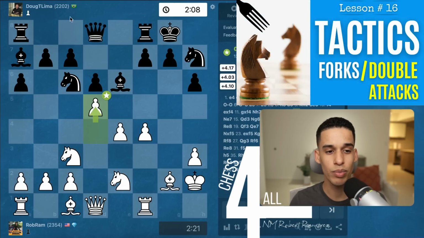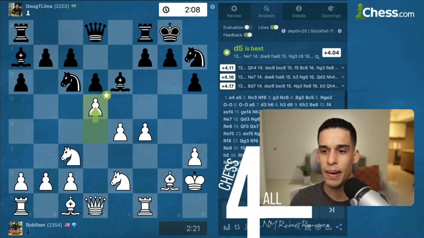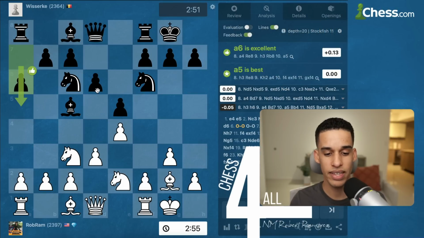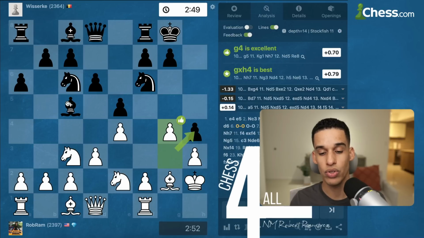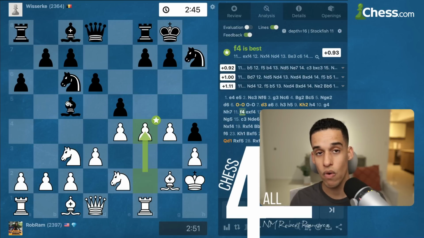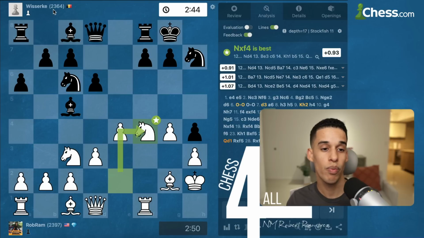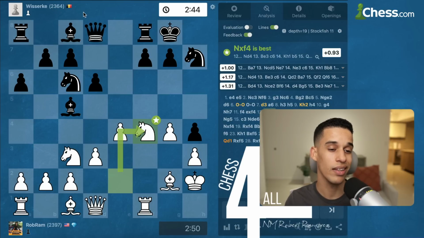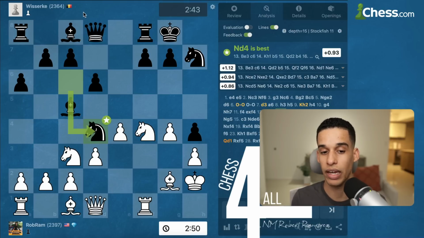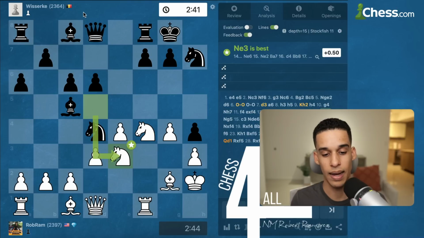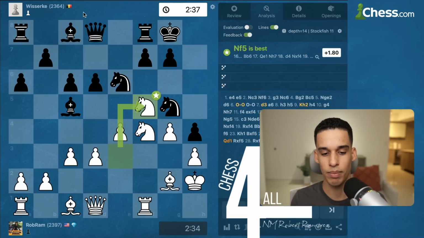Guys, very simple. This is a 2200 player. If I go to the next one, the same setup, I go h3, the bishop is on c5, well, then I'm going to do g4, followed by f4, and this time we're playing a 2364. And again, it's not that I'm trying to brag or anything like this, but for you guys to see how these little systems, they work. And many times your opponents, they have no clue where you're playing, right? So knight d4, with inaccuracies and mistakes, I'm playing my game,